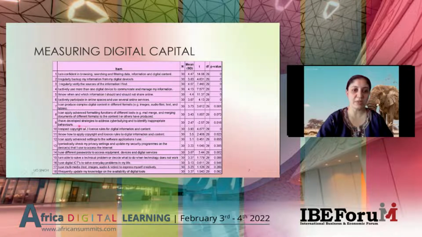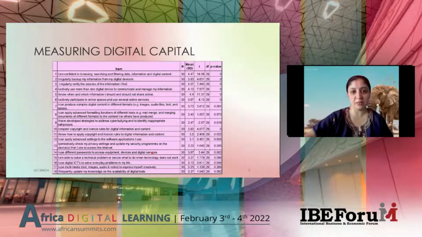The only aspect that they felt a little bit uncertain about was how do they identify and interrogate students who are behaving badly or inappropriately in the online space, and how do they curb the cyberbullying aspect, which is one of the negative connotations in terms of moving to the online space. So the majority of the digital capital items which were asked in the survey came out as being positive.